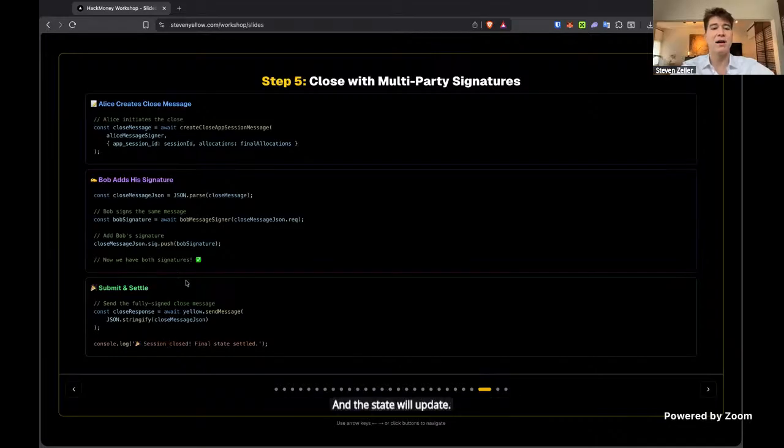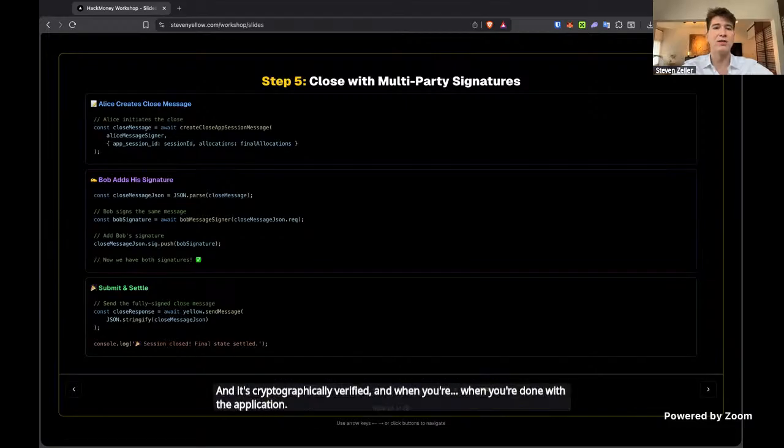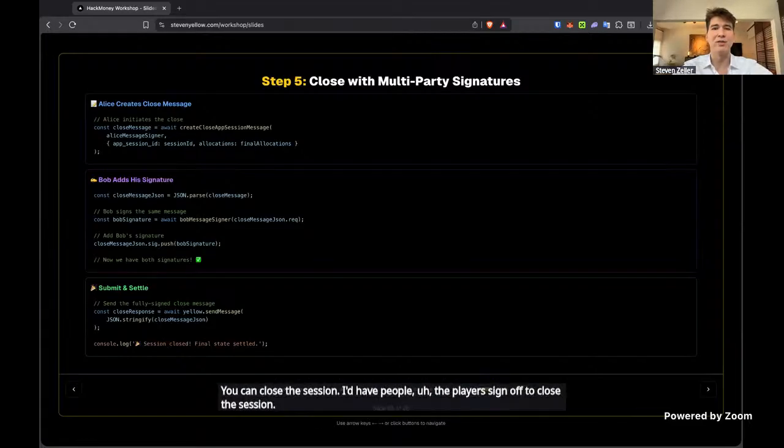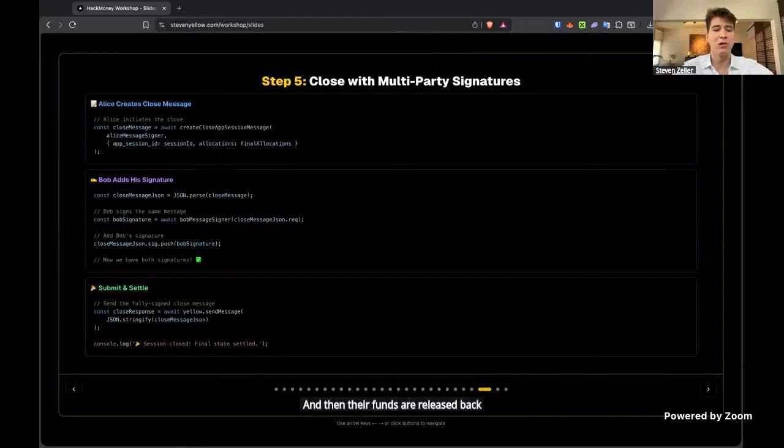And all updates require a quorum of signatures, and it's cryptographically verified. And when you're done with the application, you can close the session and have the players sign off to close the session, and then their funds are released back into their normal balance.